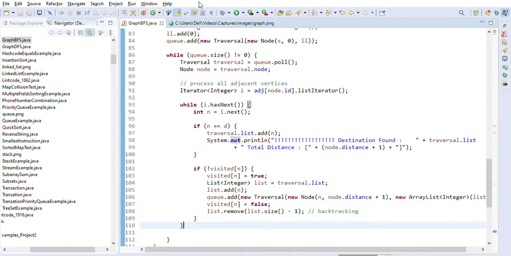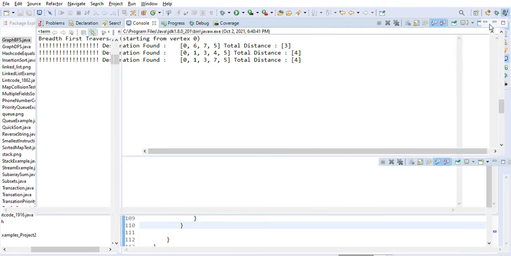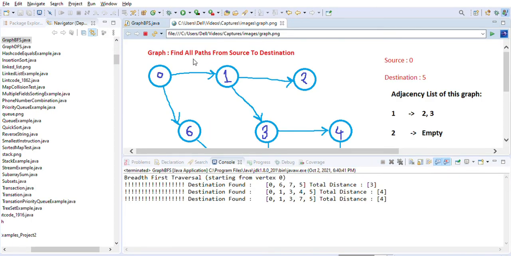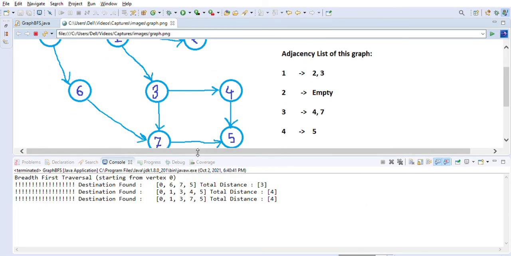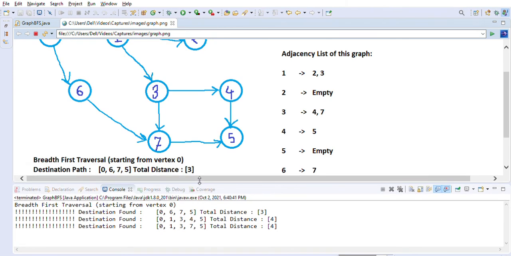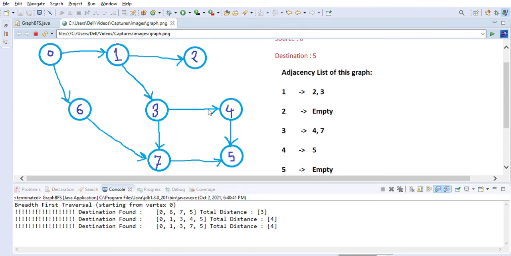And the other one, let me just run this and go to Java. Okay, so now from here you can see that we can go from 0 to 1, 1 to 3, 3 to 4, and 4 to 5.